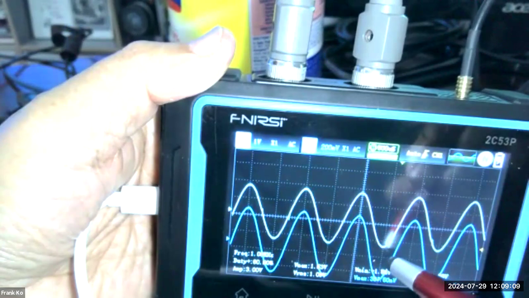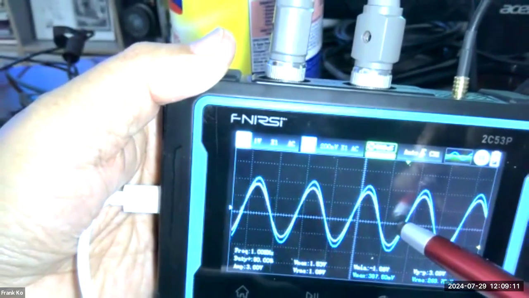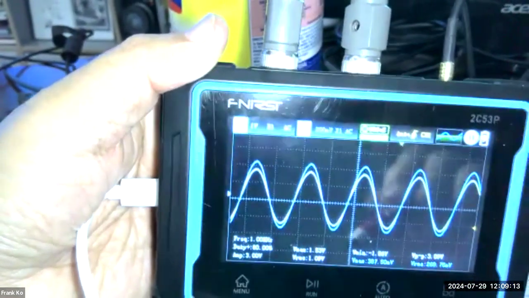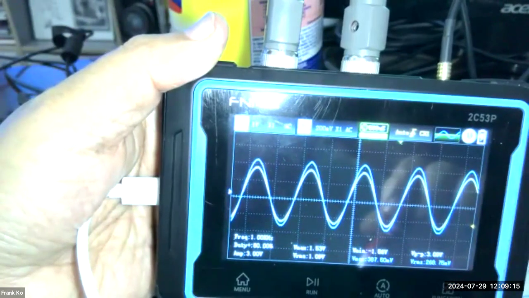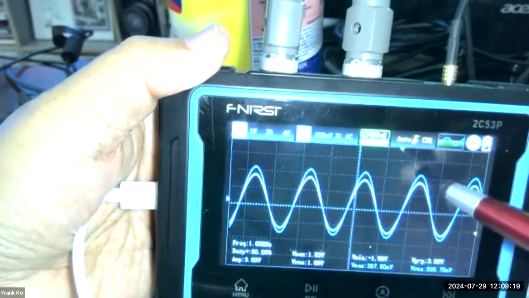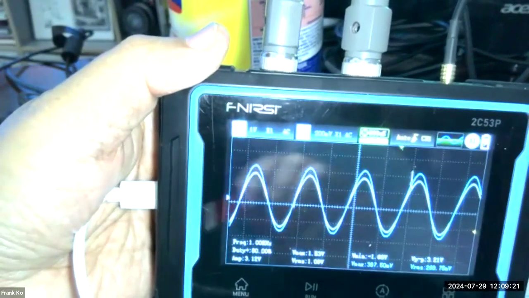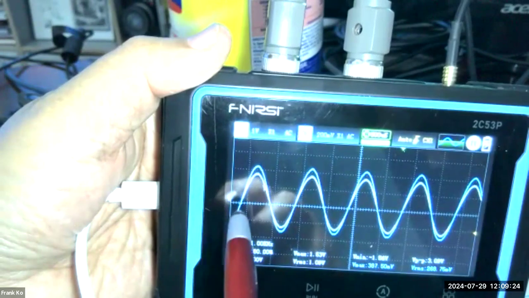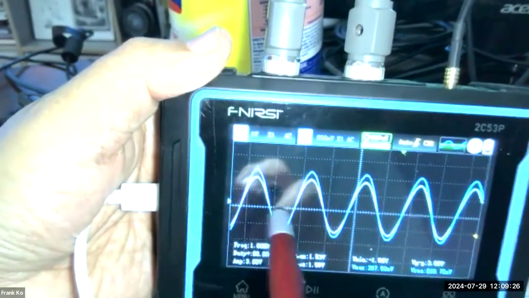Okay, so now it's a little bigger, and I'm going to move it up so that it is right there. And yes, you can see they're both peaking at the same time. They're both crossing over 0 at the same time. I don't have them both quite at the 0 mark, but with some finagling,